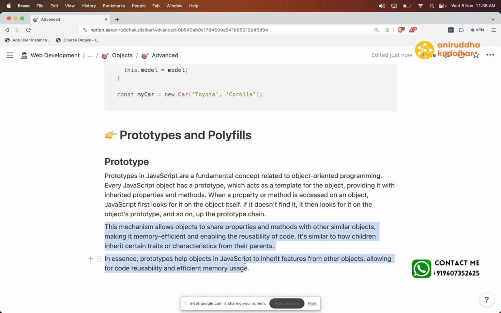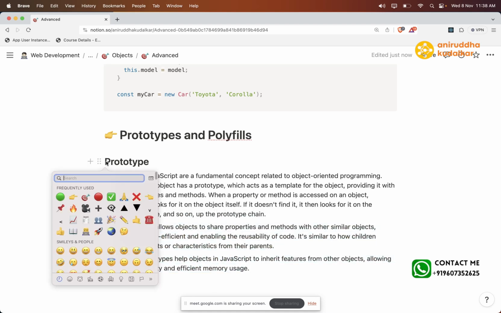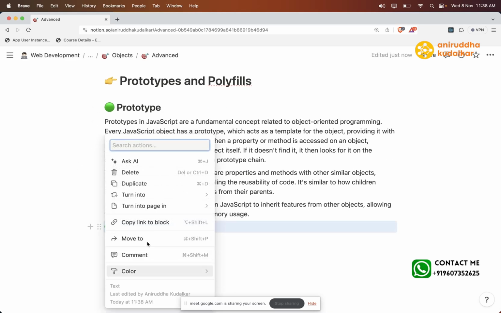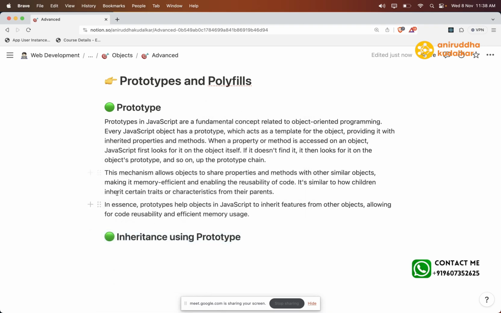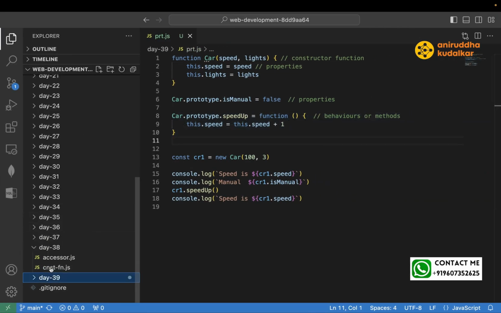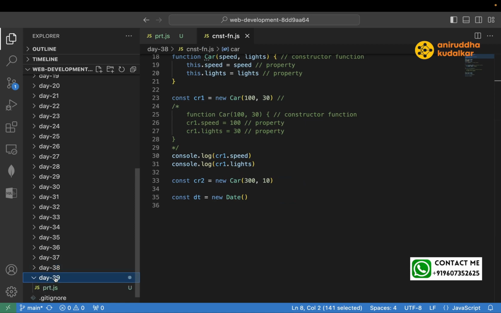Now let us see this thing: inheritance using prototype. So here we can say inheritance using prototype. So let's convert this to H2. So I'm talking about these two lines. So how do you do this thing? For that, here we can say inheritance, inh.js,